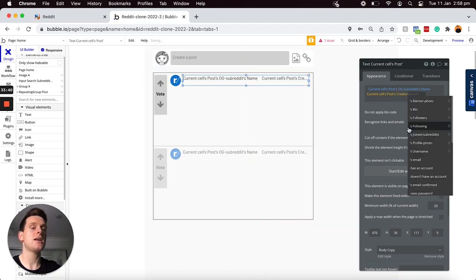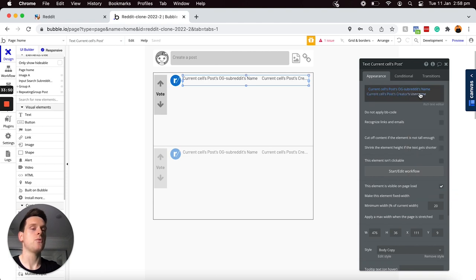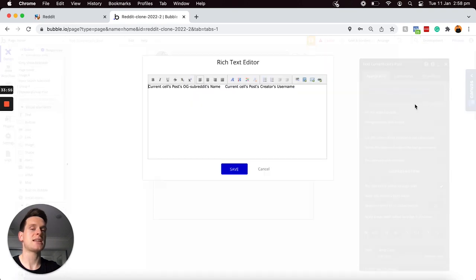So I'll select the creator, and then this will reference all of the data fields under our user data type. So I'm going to display the username of this person, and then that will validate. While we're here, I'm also just going to open up our rich text editor and just highlight our first piece